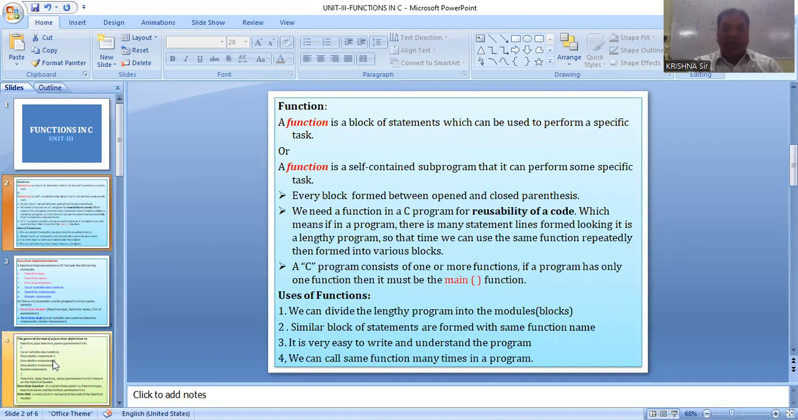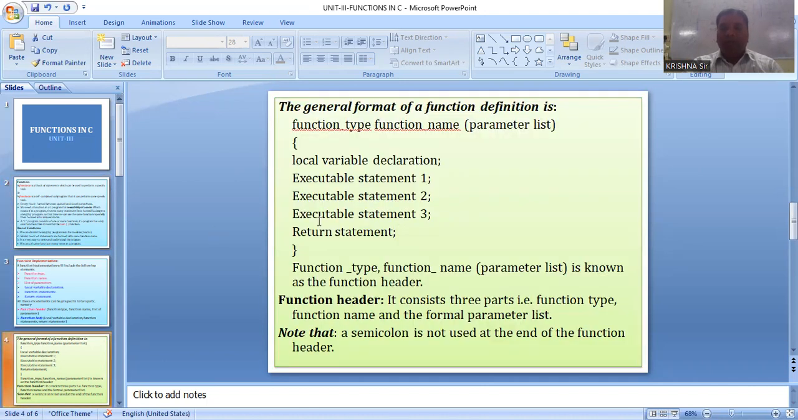Reusability of a code I'm writing is there. Number of blocks are there. It's clear now. Once you write the function name here for this block, the remaining blocks are also taken by the same name. Without repeating, without dividing into blocks again, without writing subprograms, using just one function name,